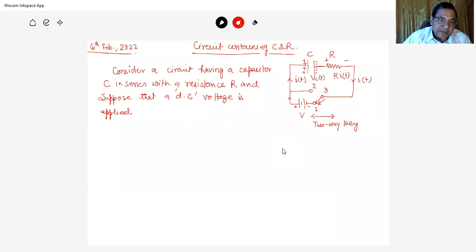DC voltage is applied to it by connecting points 1, 2, 3 है ना, 1, 2, 3 कनेक्ट करने से, as soon as